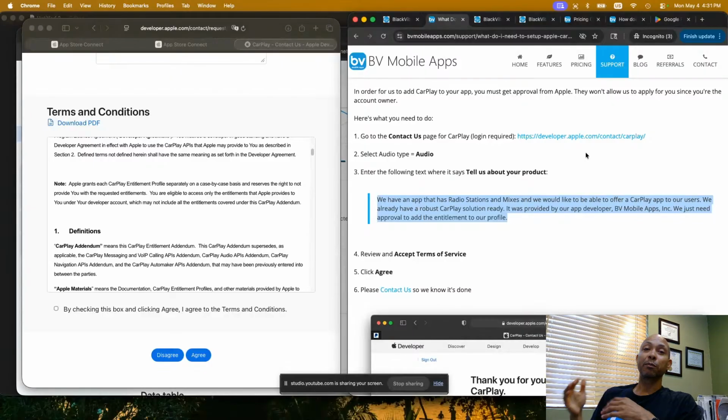Well, there were certain networks. We narrowed them down to, I think, T-Mobile was one of them, and AT&T. There were a couple of cellular networks where, when your device was trying to connect to our server, let's say bvmobileapps.com, it could not find it because it couldn't resolve it to an IP address,